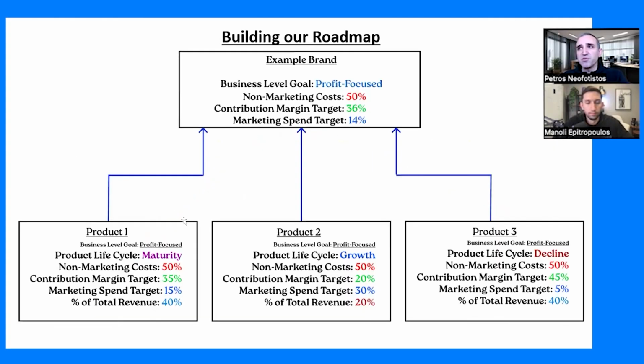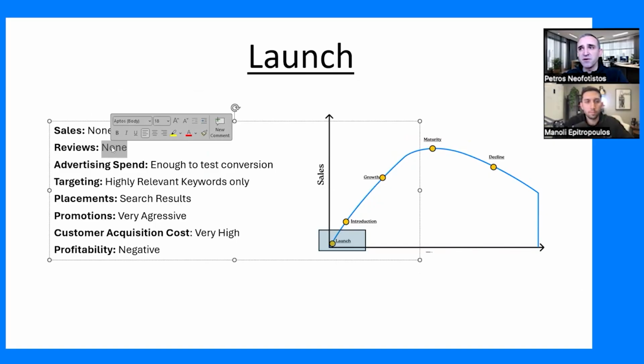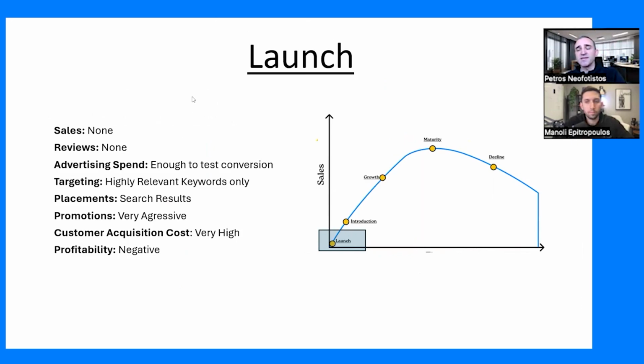So just reviewing the roadmap example, we talked about our business level goals, and then we talked about product life cycle here in our product level analysis. This product life cycle, that's what we're going to talk about on this call. So when you're in the launch phase, you're here at the beginning, you have no sales, your reviews are 0. Really, the launch phase is the part of the project that's not necessarily geared towards getting sales as much as it is getting initial reviews